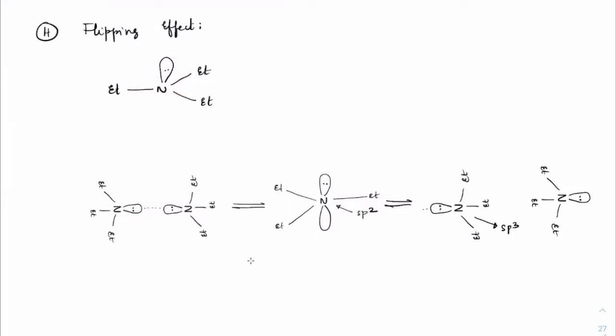But if you compare the same thing with a nitrogen which cannot flip due to a restricted bond, like in this case, this nitrogen's lone pair is in a restricted bond, as it is a part of a ring. So this ring cannot become planar. Since it cannot become planar, it won't show any flipping effect at all. So tell me, which is more basic in this case? The second one will be more basic, right? So this will be the basic strength, more available here.